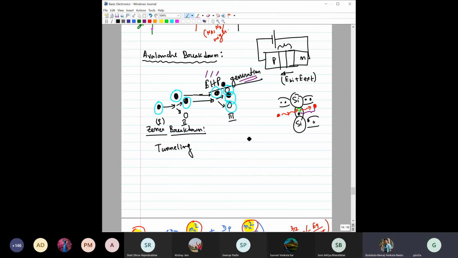Okay, fine, no issue. So tunneling means, okay, how to explain it without explaining that physics. Suppose you have a PN junction which is very heavily doped, like for example